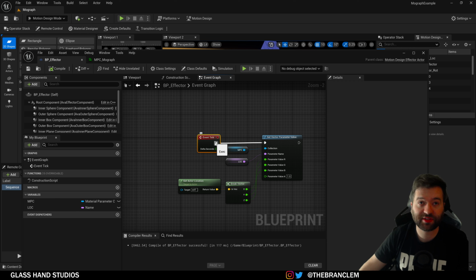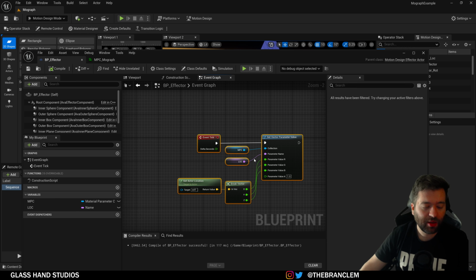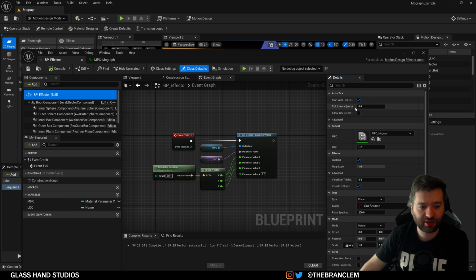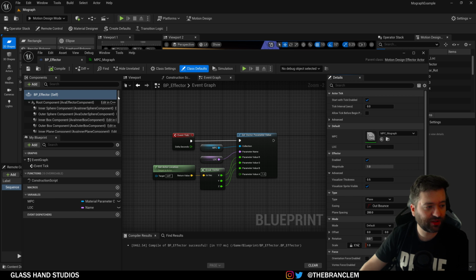And I'm not talking about seconds, I'm talking about frames. So if your game runs at 120 frames a second, essentially this is going to run every single time the editor's ticking. So every frame, essentially this logic's going to happen. But we want that to happen when we render out our video because we want this to keep up and look really, really nice. You can actually change the editor tick interval by, you can just select the actual blueprint